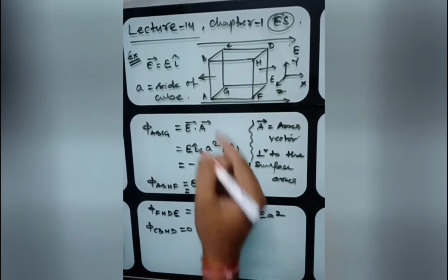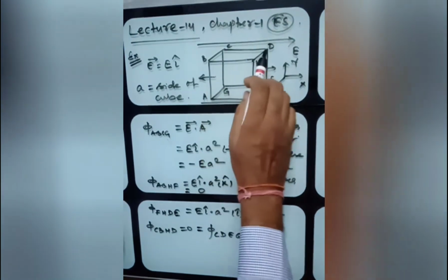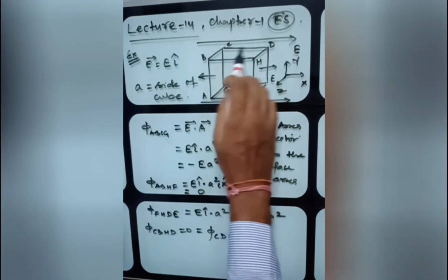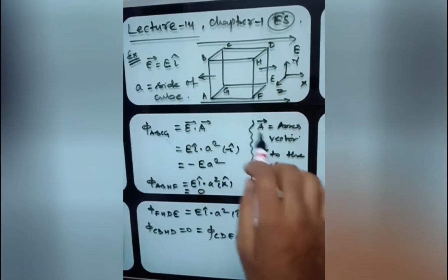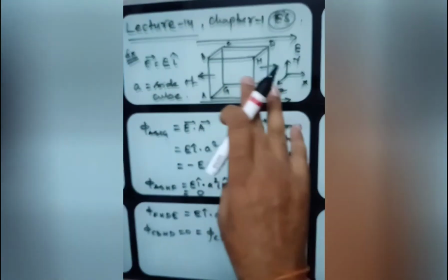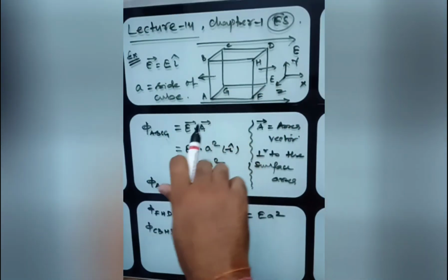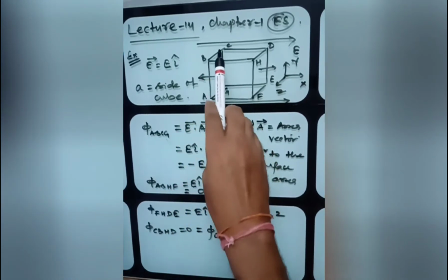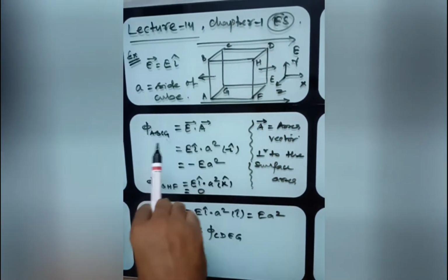Try to see the diagram. CDEG, and this one will not count any field lines. In a similar way, there are a total of 6 faces. CDHB, in a similar way,